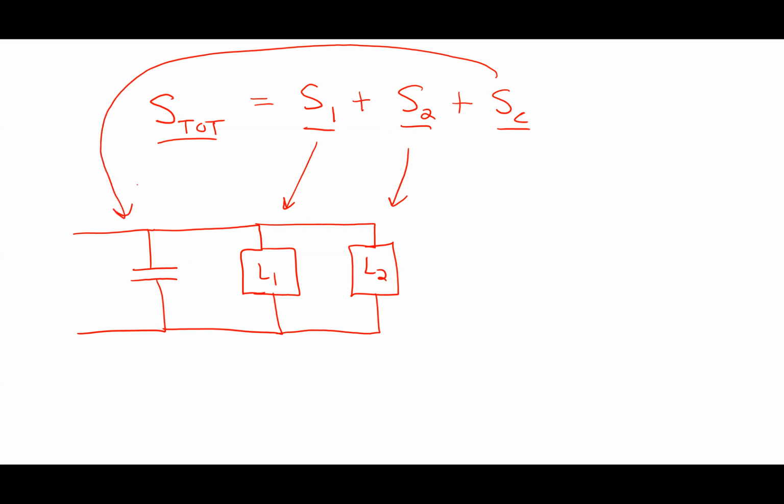That's for this guy. Now, if I want the power factor of the combined thing to be unity, what's that mean? I want the angle of S total to be 0, okay? So that means I want this guy to basically have a P total like that. That's it. So the only way for that to happen would be if